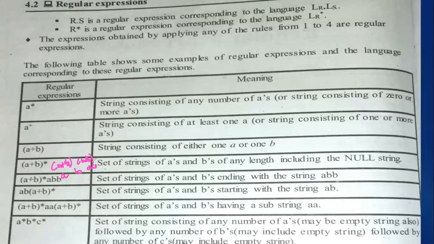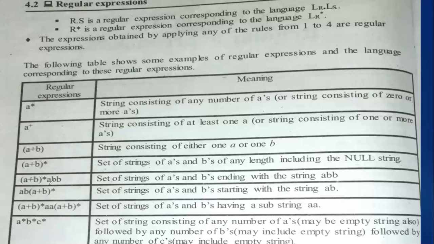So what is the possible outcome we are going to get? See, any number of A's or any number of B's we may get over here. Yeah, that is what A plus B whole star states exactly. Then later A plus B whole star. So here we may get zero number of A's or any number of AB combination over here. Along with that ABB